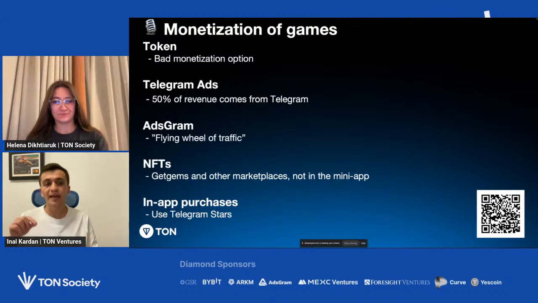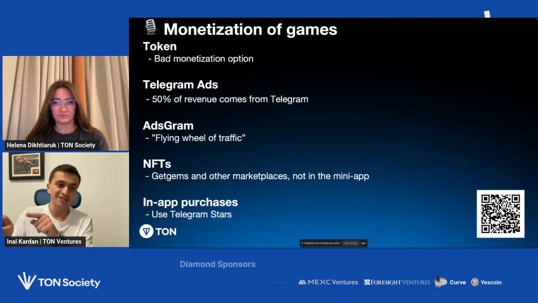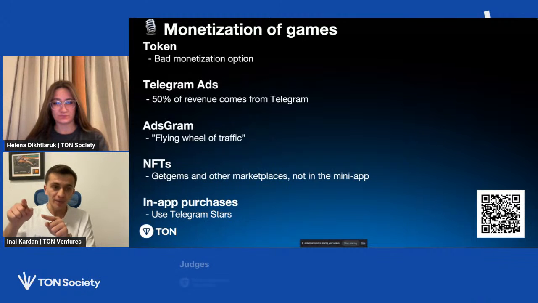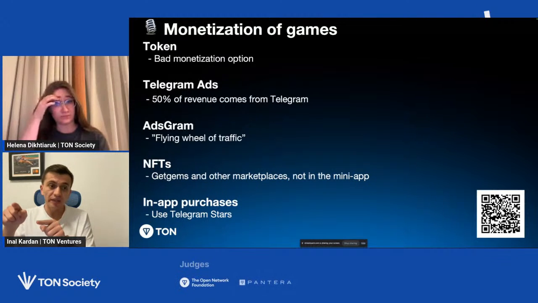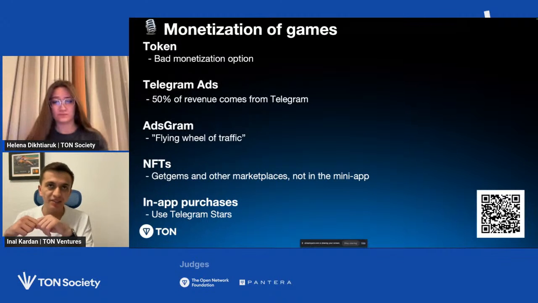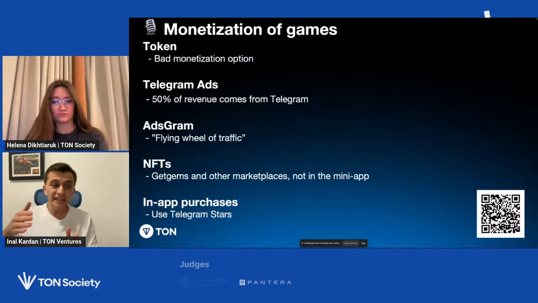But at the same time, they added AdsGram as a monetization option too. And they started monetizing the traffic that they acquired from AdsGram. They started acquiring millions of users through AdsGram. Those users started inviting their friends, and the game was also monetizing the new traffic that they got. They invested a couple hundred TON coins, and in a couple of months, less than 2 months, they acquired millions of users.